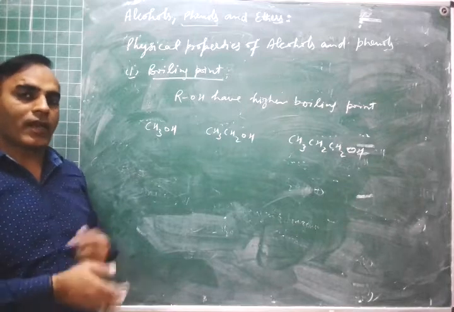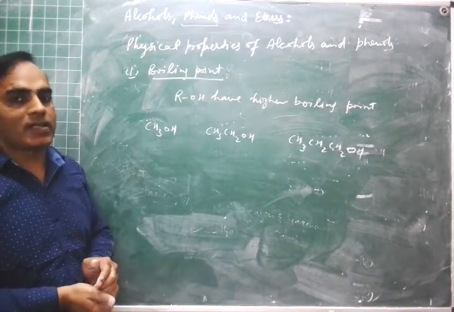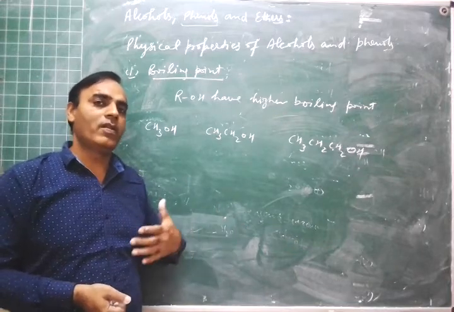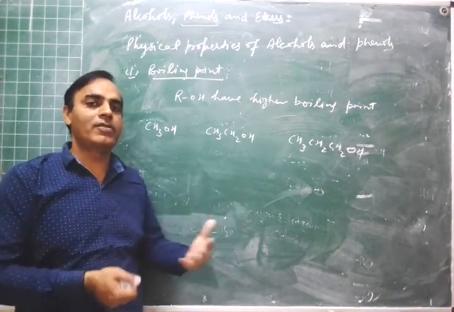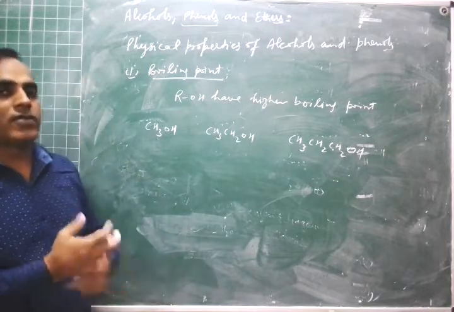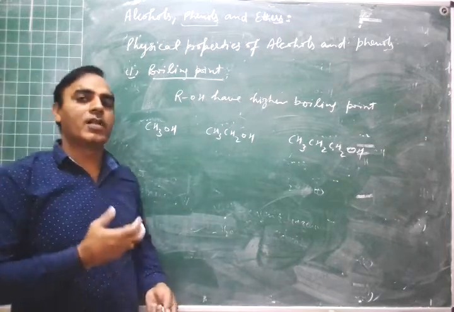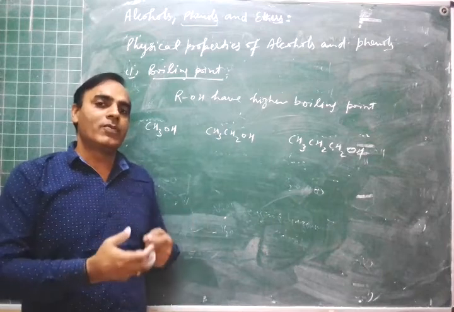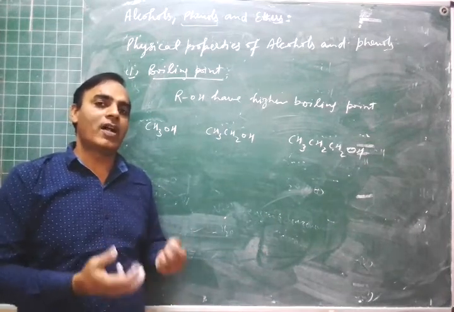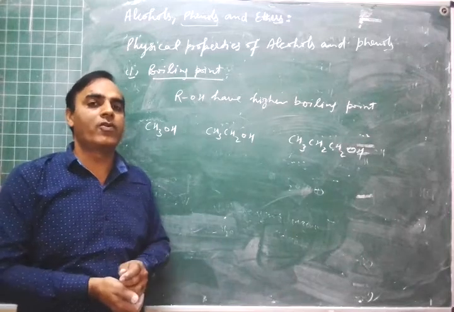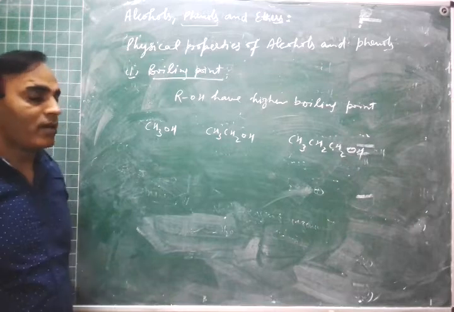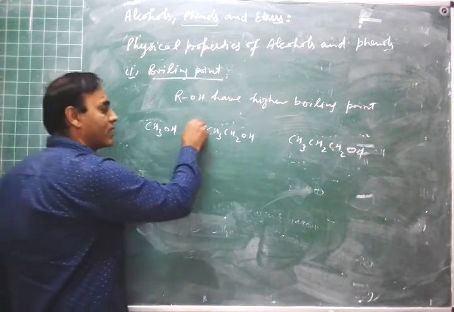So now we will see another factor which will affect the boiling point, that is the size. If more is the size, more will be the van der Waals force of attraction between their molecules, and more will be the boiling point. Because if there are more forces of attraction, then more amount of energy is required to break these forces of attractions, more amount of heat is required, and more will be the boiling point then, right? So the order of boiling point will be like this.